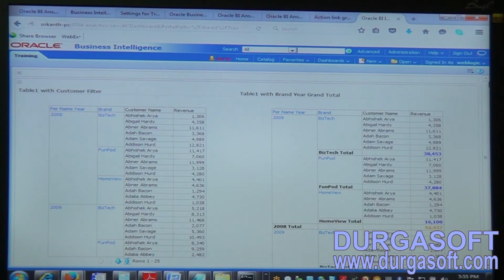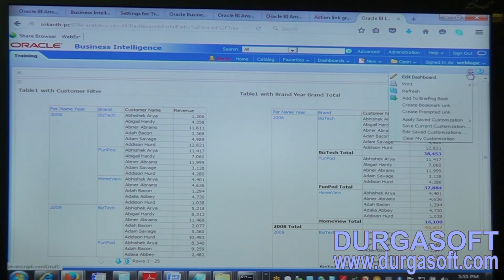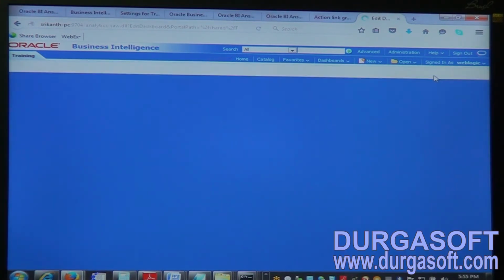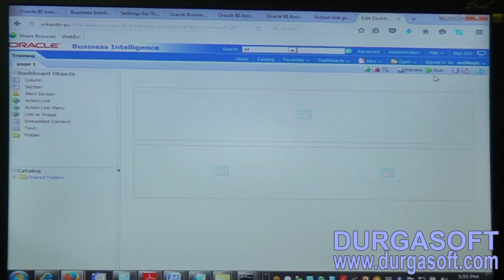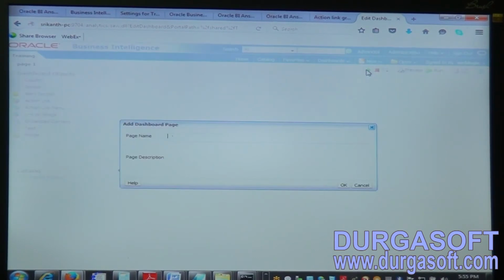Now another page needs to be created here. How do we create a new page in OBI 11G dashboards? For that we'll go to edit dashboard here. Once we click on edit dashboard, there we can see a plus symbol, that is page creation. Once we click on it, we can add a new dashboard page. For this page we want to provide the name Pivot table reports page. If I click OK,